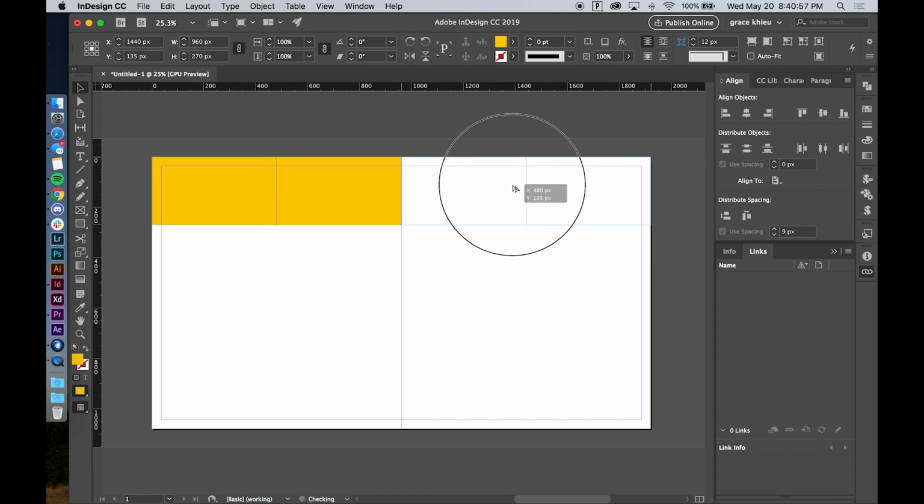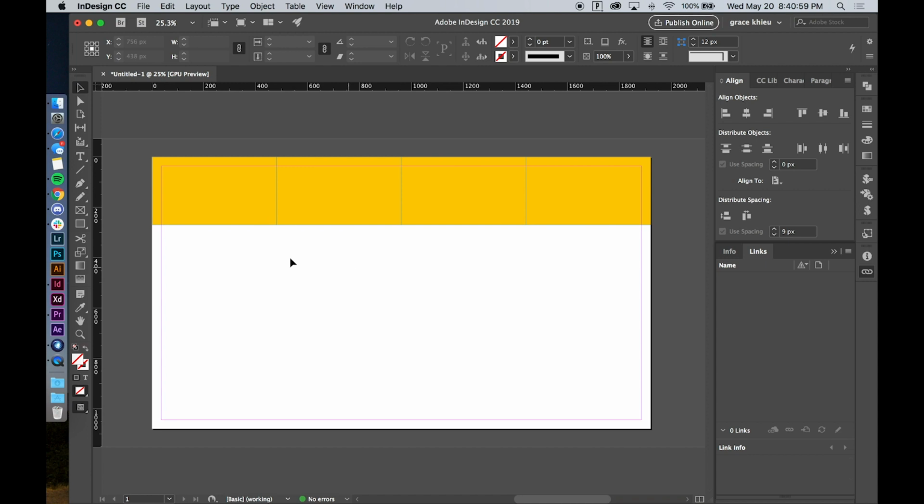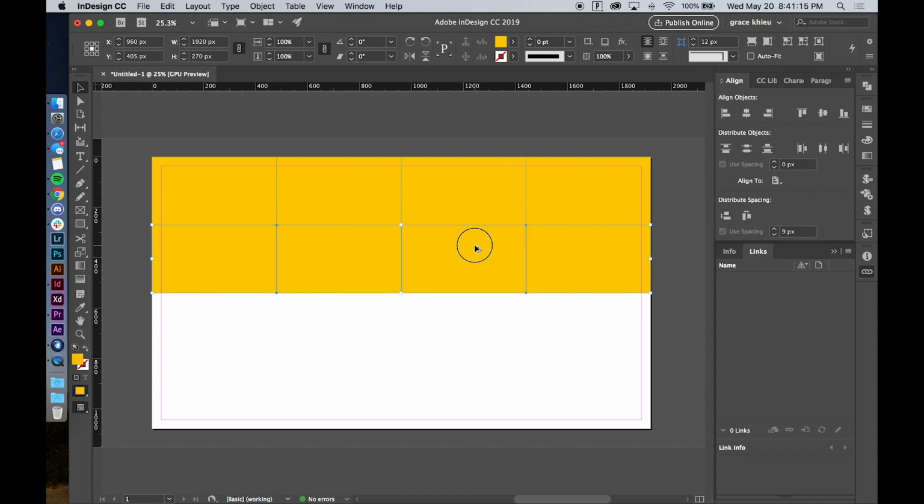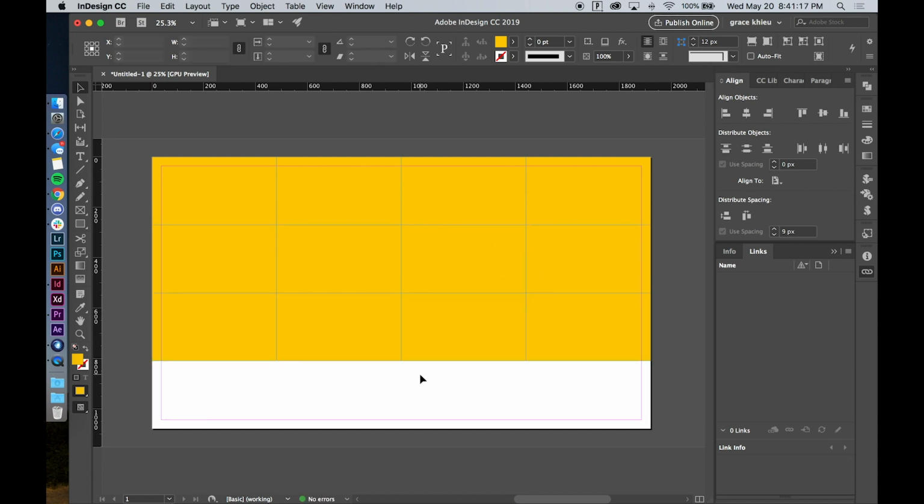So we're just going to click and drag. There we go. So now you have 4 rectangles across. And as you can see up here, the width is 1920, which is perfect. And then you just want to clone this 3 times down, or so that there are columns of 3. Option, click and drag again, and once again. So now you have 4 rectangles across